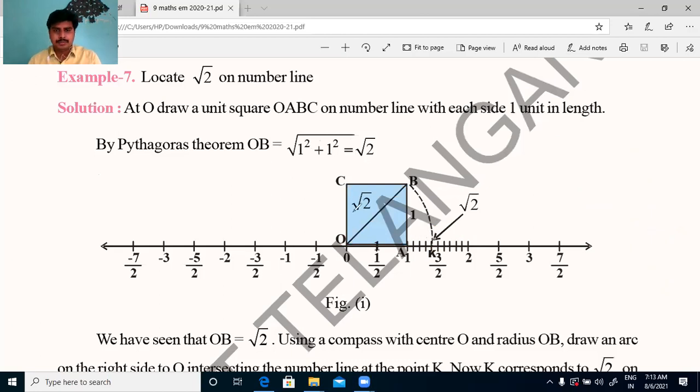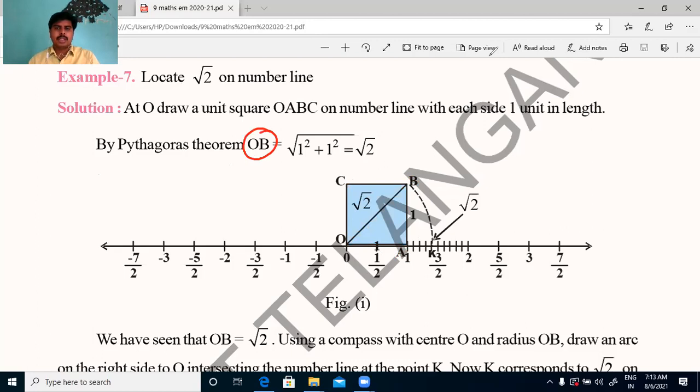Okay. See, I'm taking a unit square by using this unit length. So here 0 to 1. Here it is O, and here it is A, and we drew a square, right? So here it is 1 unit, and here it is 1 unit, and here it is 1 unit. Important question, Nana. Okay, and this is a diagonal. So this OB is a diagonal, right?